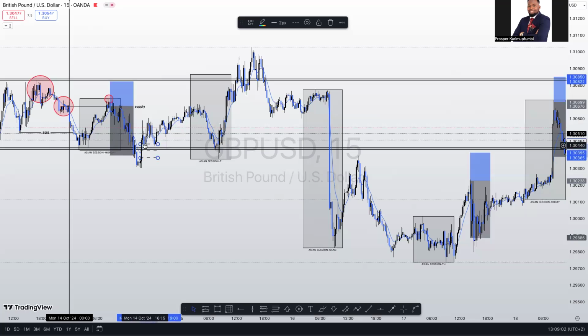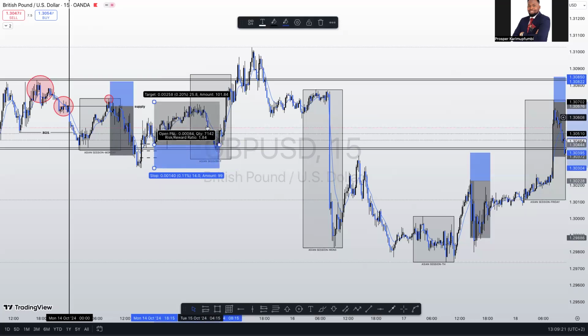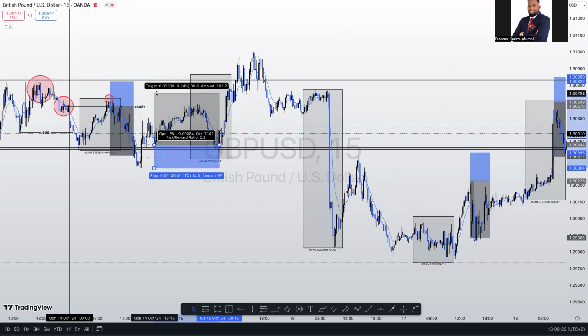You could have taken an entry the time they came back to test this zone, or you could have waited for them to come again and tap twice, and then maybe you might be looking for an entry at this point, putting a stop loss below this structure, and then maybe getting a 1:2 risk to reward ratio. So it could have come back again to this support structure, closer to your stop loss, but it could have also given you a 1:2